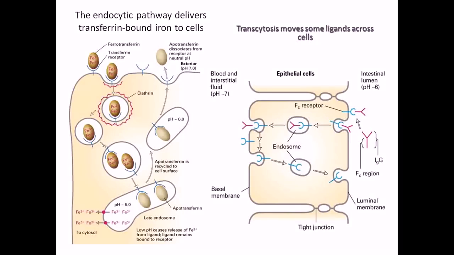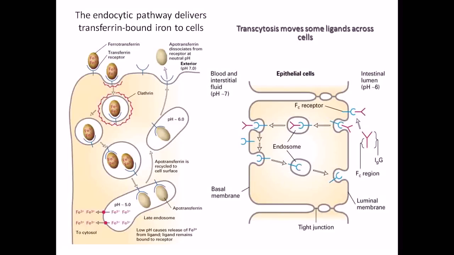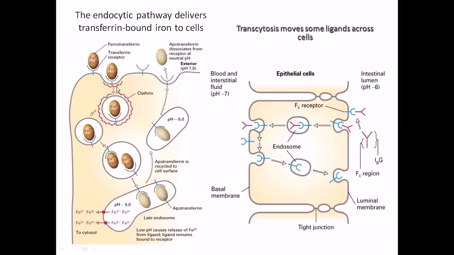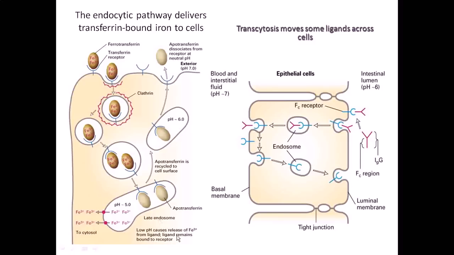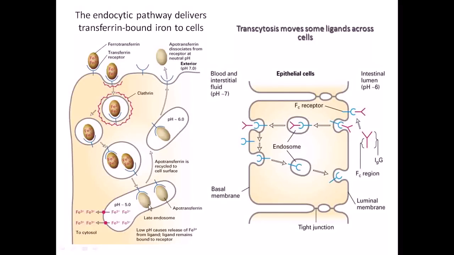Early endosome will be converted into late endosome, and once it is converted into late endosome, the pH suddenly drops, and all of those transferrin receptors are now free, and they will be recycled. And then, as the pH drops much, like pH 5 or less, in that condition those ferrotransferrin proteins will become